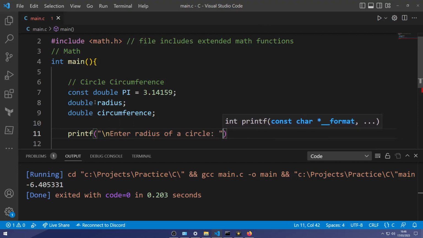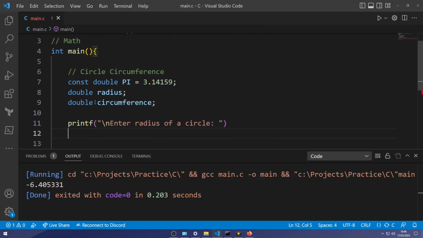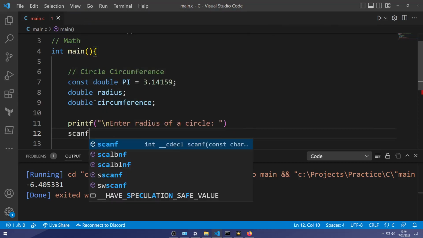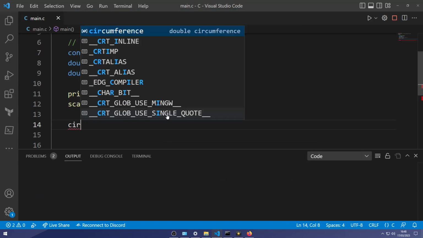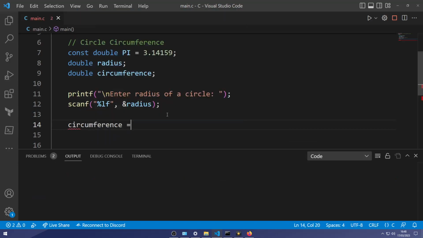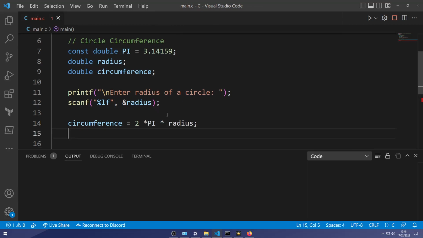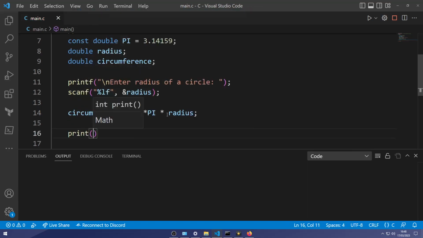So here we'll do a print statement, enter the radius of a circle, and we'll do scanf, which basically scans for a user input. It's looking for a double with the %lf, and it's going to assign that double with that ampersand to our radius variable. So now that we've got the user input for the radius, we're going to do circumference equals 2 times pi times the radius.